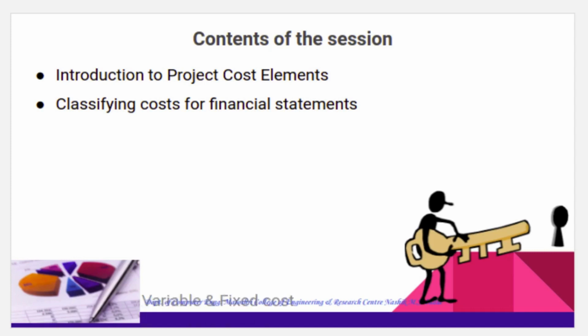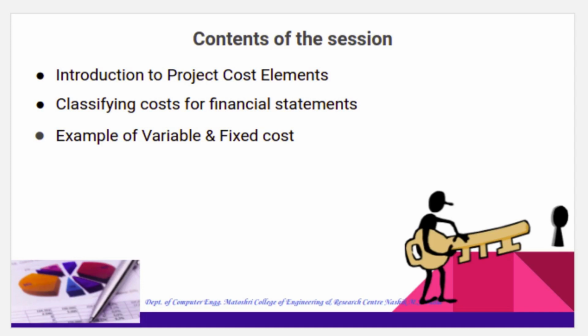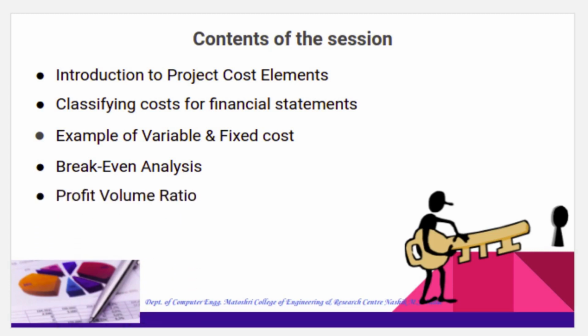After that, we will solve some examples based on variable and fixed cost. Then we will review the break-even analysis, where you can examine the margin of safety for an entity based on the revenue collected and its associated cost. Then we will discuss the profit volume ratio. Finally, we will conclude our session by reviewing the cost based analysis. This is the roadmap for our session. Next, we will see what the cost components are which help us to examine the expenses information.